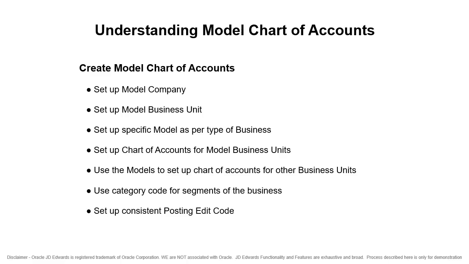Some businesses need an alternate way to set up a chart of accounts. For example, some countries require businesses to submit reports using a government-defined chart of accounts. You can use account category codes to set up an alternate chart of accounts that accommodates government requirements. By creating a model chart of accounts, you ensure that when you copy the accounts from the model business units into your actual business units or production environment, the accounts are standardized across business units and companies.